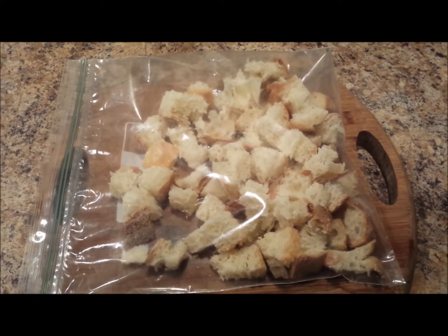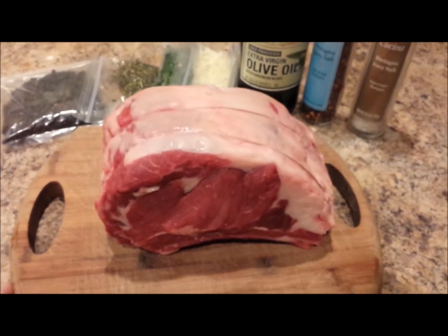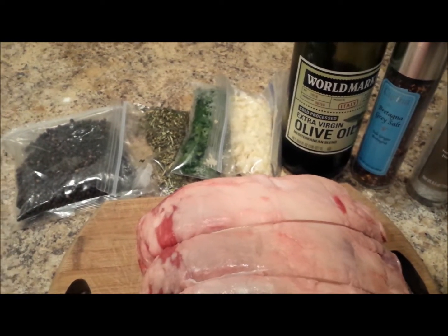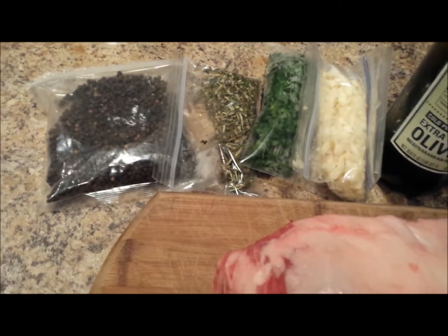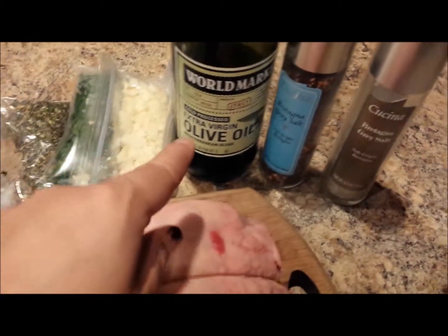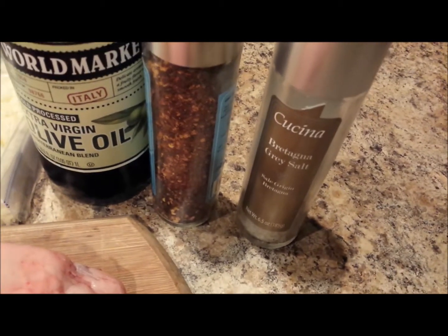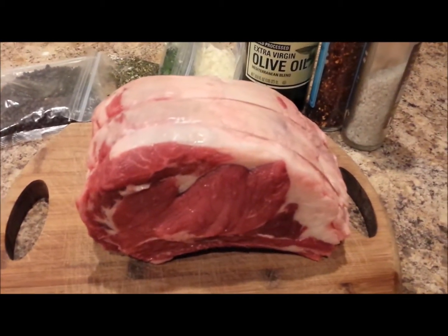And it's done. So the next thing that I'm going to do is I'm going to work on my prime rib roast, and as you can see, this is a pretty nice cut, and I'm going to go ahead and put a rub on it and just let it sit overnight so it could be ready to go in the oven tomorrow. And basically what I'm going to do is I'm going to grind up some peppercorns, and I have some chopped rosemary, some chopped parsley, garlic, olive oil, red chili pepper flakes, and I have some coarse gray salt. And I'm just going to combine all these things together, make a paste, and put it right on the prime